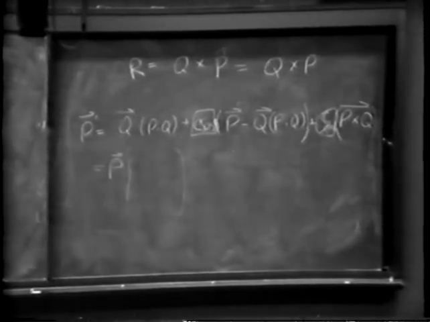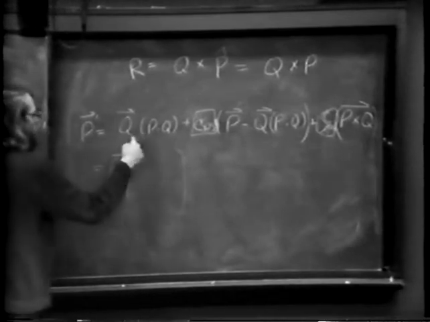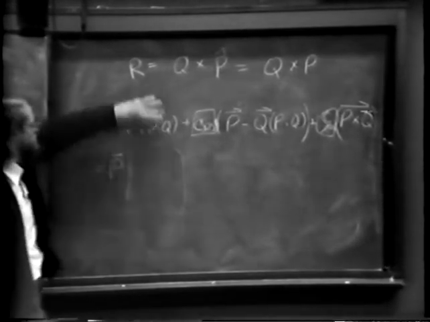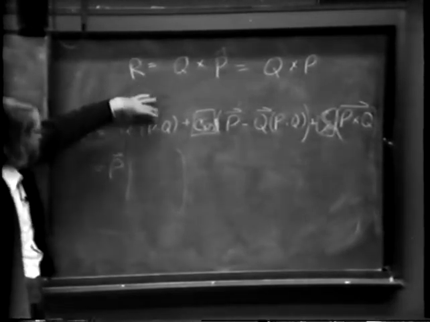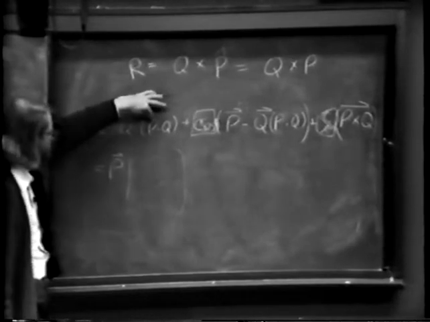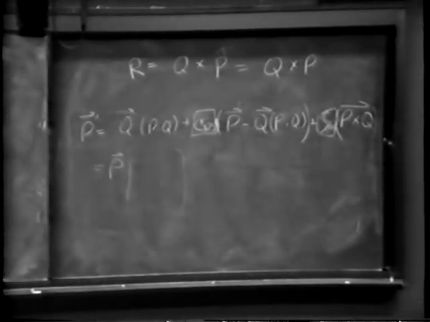Okay, the first term here, we want to factor P out of this thing. Well, this is Q times some number here, so this is a vector. So it can be represented as the product of the vector P times something. What might that something be? Well, there's a few rabbits out of a hat coming along here. Term 1 is P times,